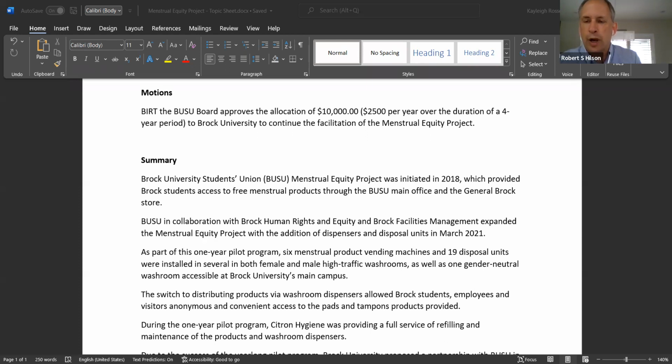So this is a case where the student union started this in 2018, when this really wasn't a topic of conversation. You would have just seen this week, if you're following the news, Western just did this in a fairly large way. And the student union in 2018, 2019, 2020, 2021 kind of moved this along. And then the university said, this is what we must do. We were 4 years ahead of them. And now the university is doing this in a fairly large way. So our contribution in the past, Mark, to answer your question quickly, was about $10,000 for a very limited pilot project.